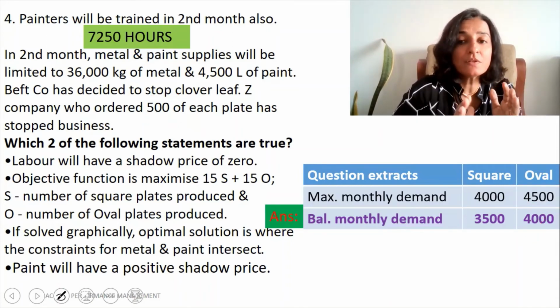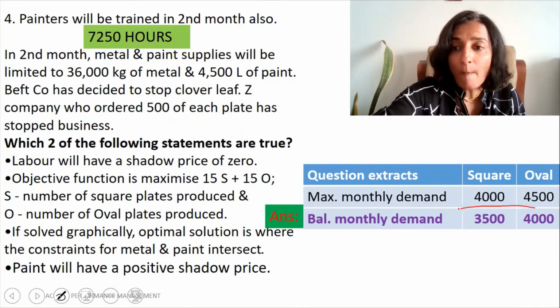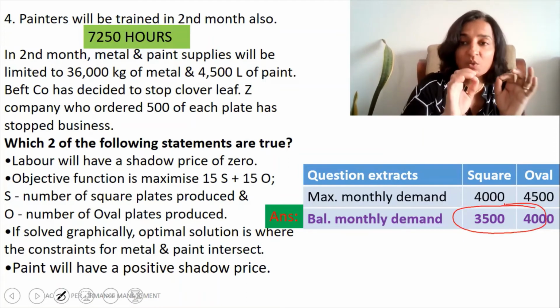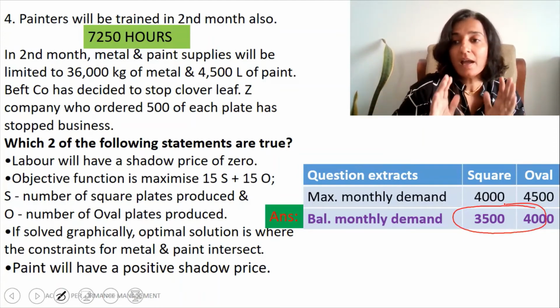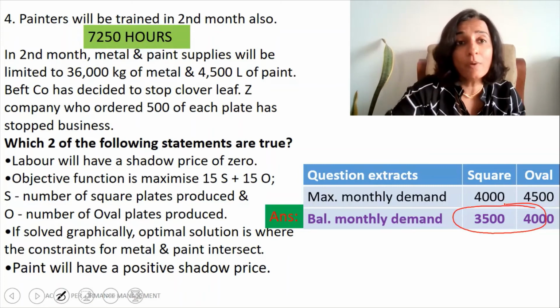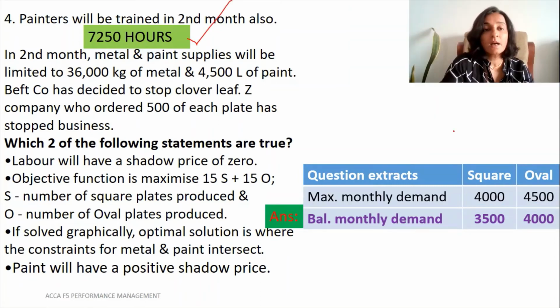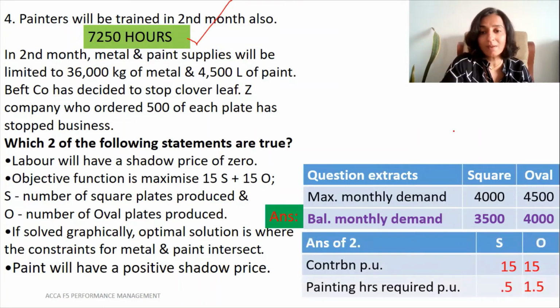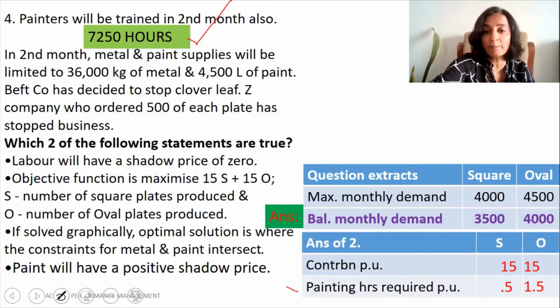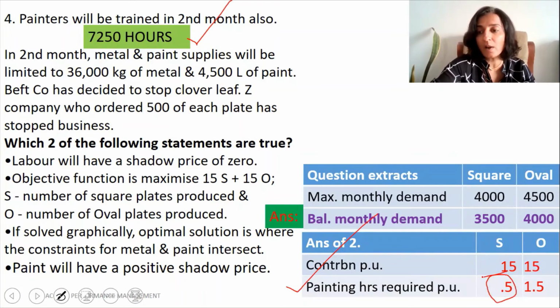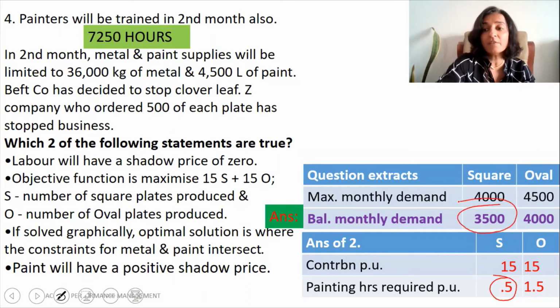Now, what is it that we have to see? We have to see whether 7,250 hours are sufficient to make these quantities, that is 3,500 units of square and 4,000 units of oval. Now, in the second part of the question, we had found out the painting hours required per unit. It is 0.5 hours for square and 1.5 hours for oval. For painting one unit, 0.5 hours are required. So, for painting 3,500 units,